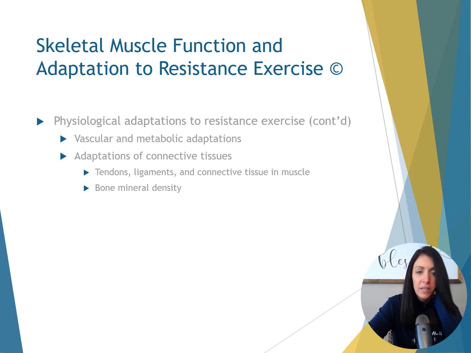There are also adaptations of connective tissue, so that would be tendons, ligaments, and connective tissue in muscle. That would be the musculotendinous junction, where they'll have increased tendon strength. The ligament-bone interface, where they'll have increased ligament strength. With that resistance training, tensile strength will increase to support the strength and size change of muscles. So if they have stronger ligaments and tendons, they're going to be less prone to injury. And connective tissue in muscle will thicken to support the enlarged fibers. And with endurance training, non-contractile soft tissue strength develops more rapidly than with other types of resistance exercise.